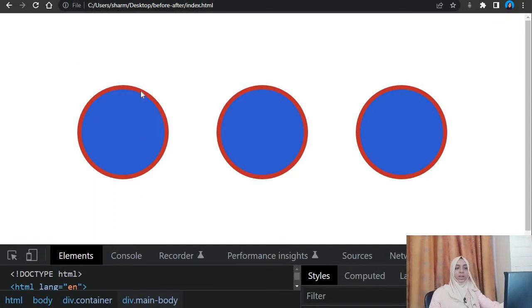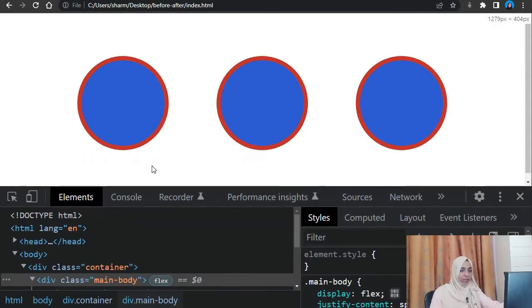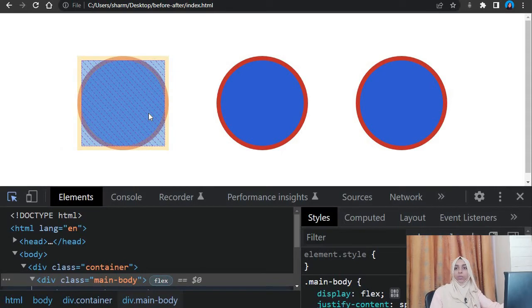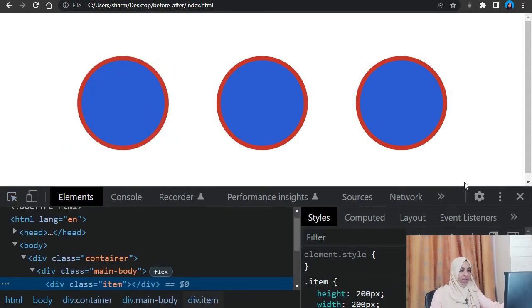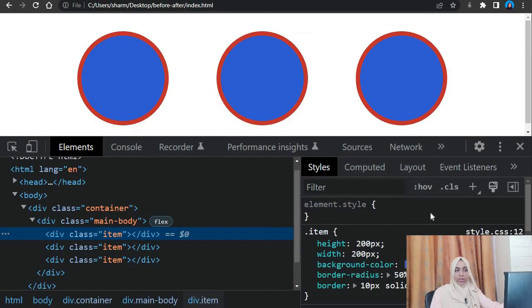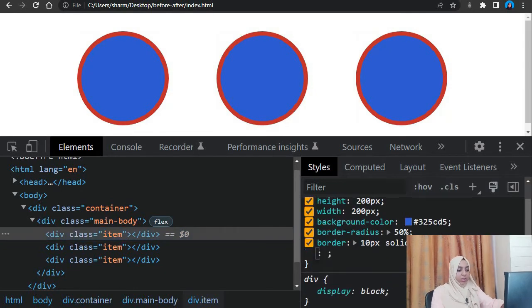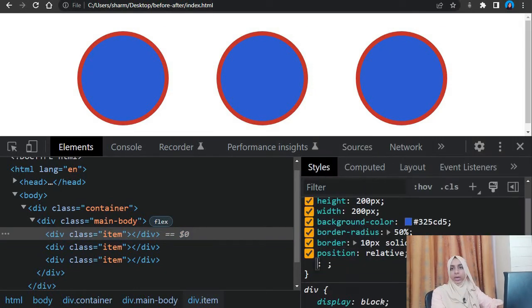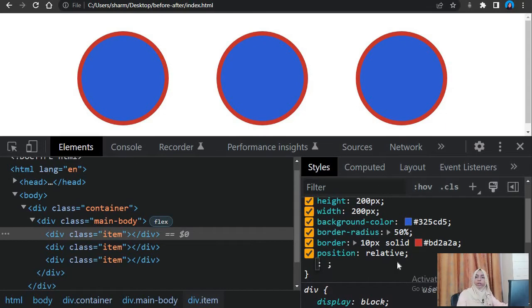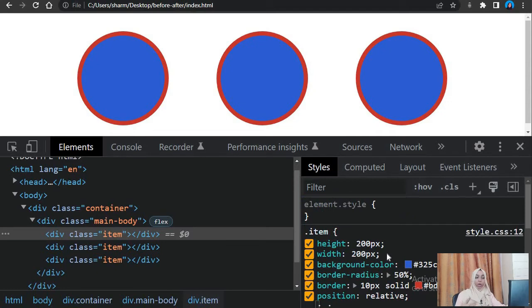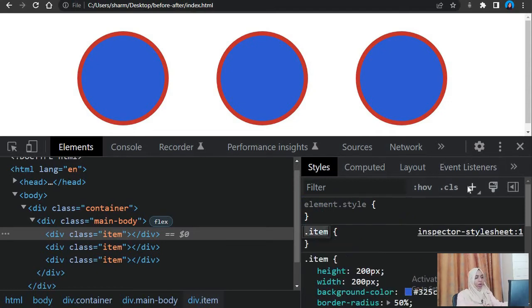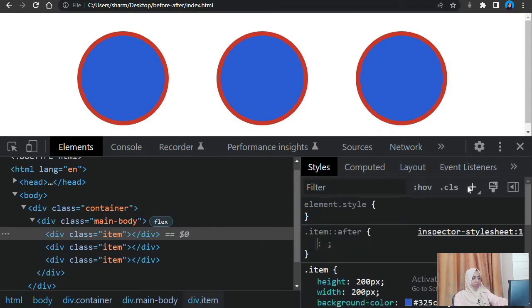Now the thing that was coming behind it on hover. Okay, so we will see how to make that now with the help of after pseudo element. Okay, so you select this element, this is your div, right? Now we will give this div a position of relative. Okay, because we are going to call an after pseudo element on our item div. Okay, on the div which has a class name of item. So we say item and we say after here, and the content, which is very important, without which you won't be able to see that element on the page anywhere.